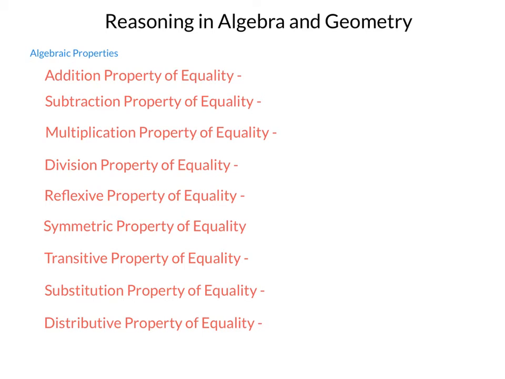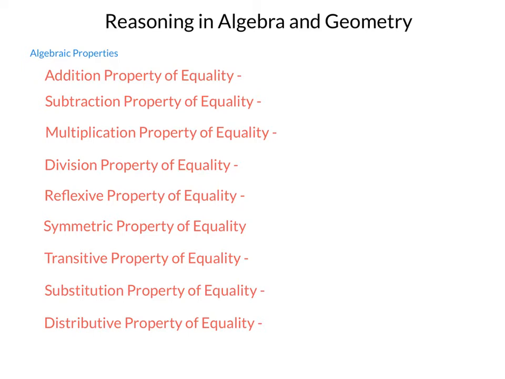In this lesson, we're going to be taking a look at reasoning in algebra and geometry. So part of this is going to be a review of algebraic properties, and then we're going to look at what their parallels look like in geometry if such one exists. When we go through and do what are called geometric proofs, which we will also explore a little today, we have to use these properties in order to justify certain steps, in order to put together a logical train of